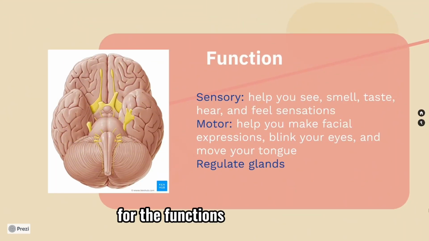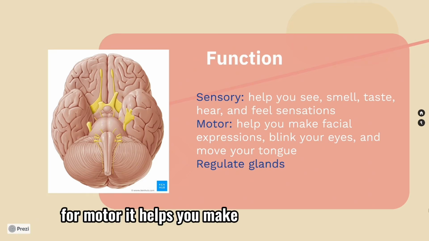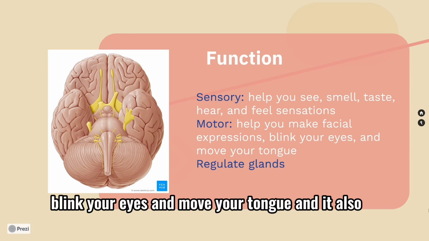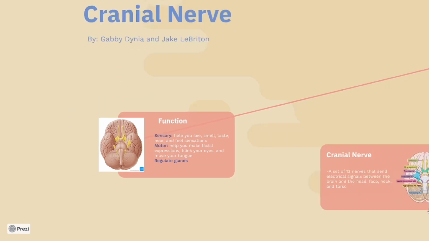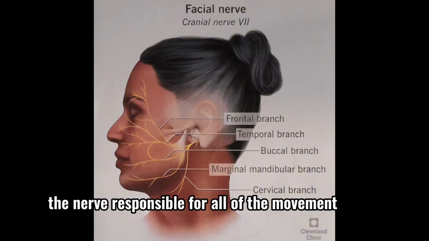For the functions, for sensory, it helps you see, smell, taste, hear, and feel sensations. For motor, it helps you make facial expressions, blink your eyes, and move your tongue. And it also helps regulate glands. And that is all. The facial nerve is the nerve responsible for all of the movement and senses in